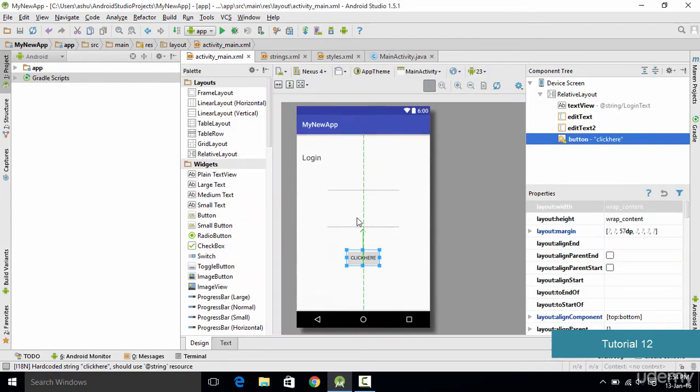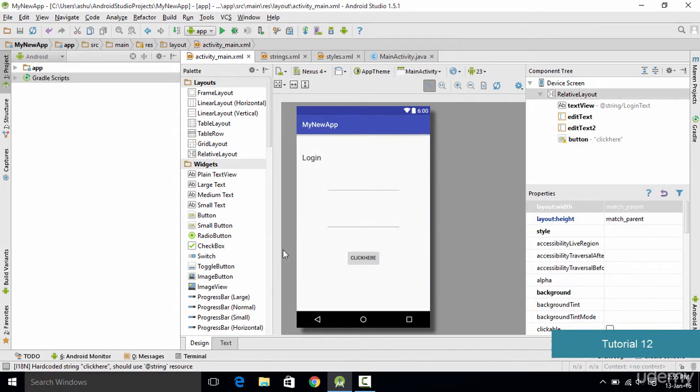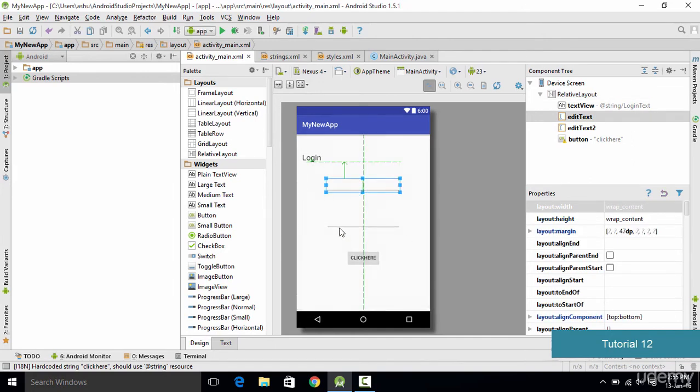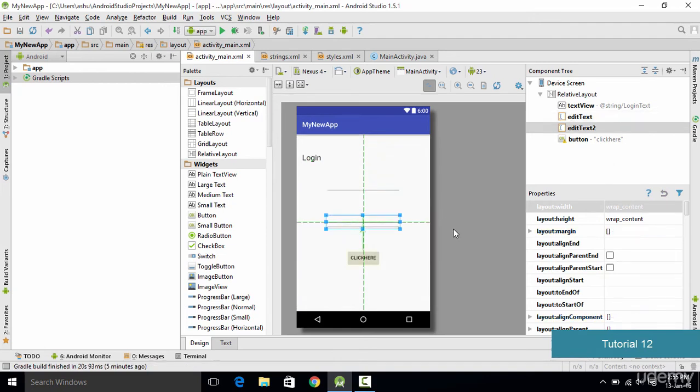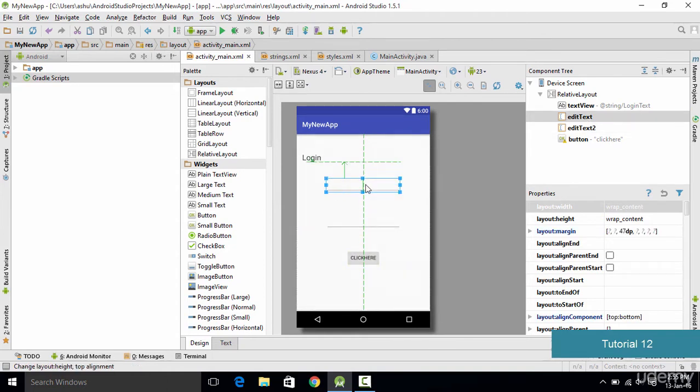Even if we switch to the design view, you could see that the text in the button has been changed. Now one more thing which I want to discuss is how you could increase the size of this text area. For example, in this login screen we have two text areas. One is to accept the email and the next one is to accept the password. Now let's say you want to increase the size of this text area. Let's say the username or the email is going to be a bit longer than this, then how could you increase the size?